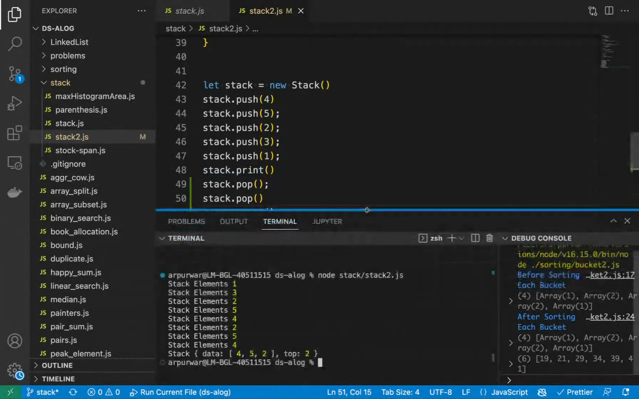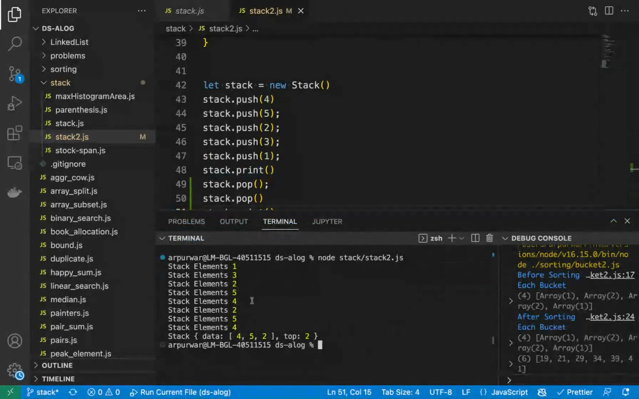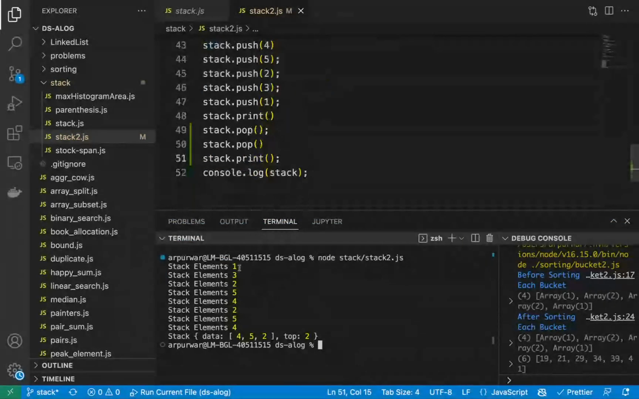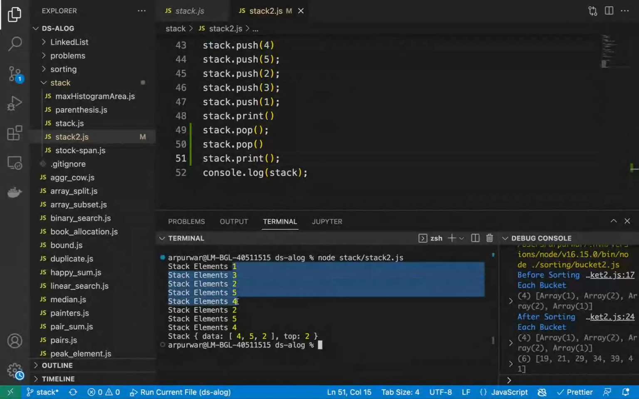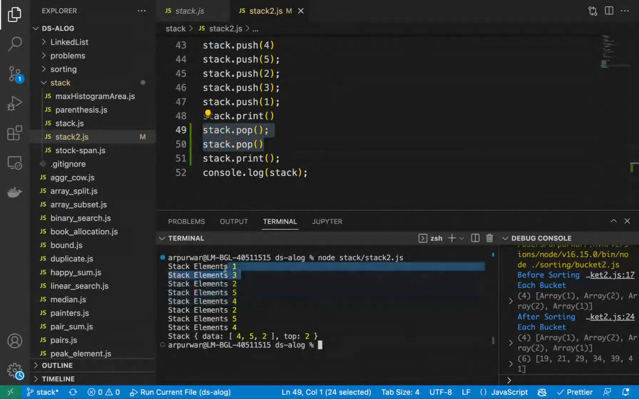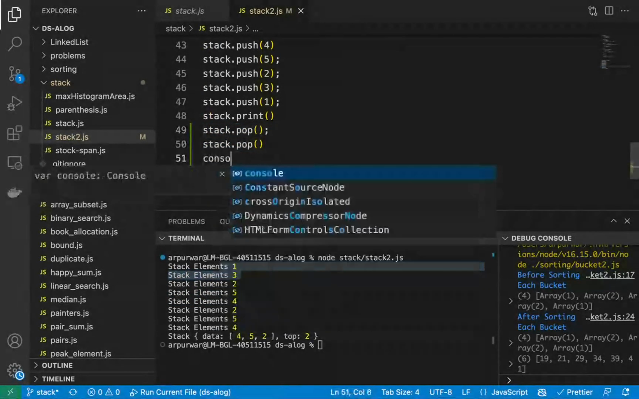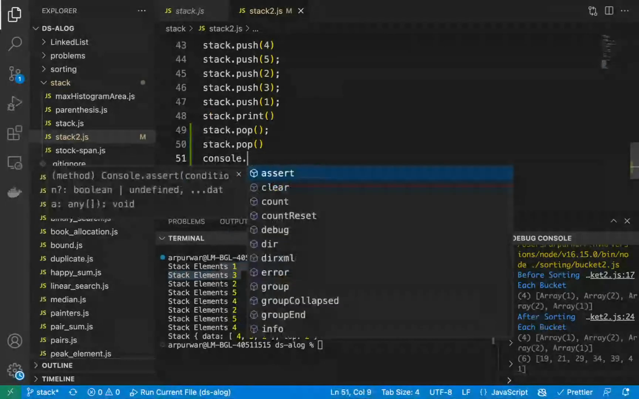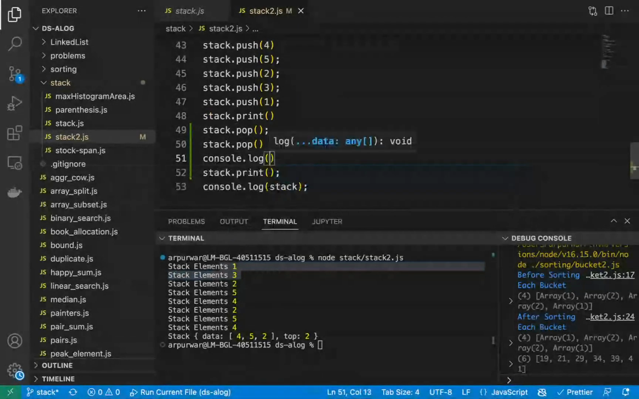So guys, you see, first we printed out all the inserted elements, which were 1, 2, 1, 3, 2, 5, 4. Then we did the pop 2 times. You can see 1, 3 has been removed. Let me do the console also. Console, one more console.log. And after deleting,